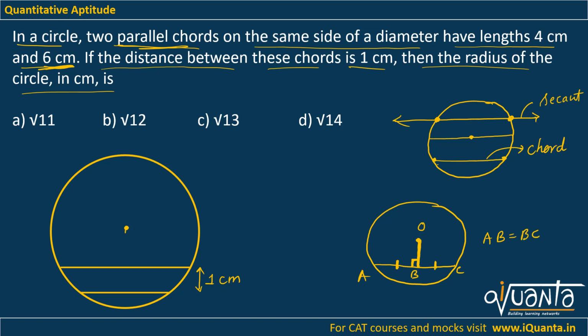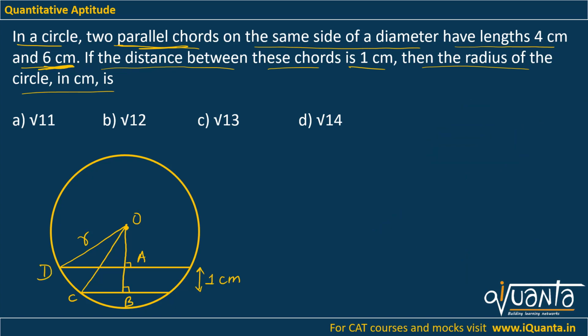So I can also draw one line from here perpendicular to both these chords. This will be 90 degrees. Now I need to find out the radius. So let me join the center and this point. This will be our radius R. Also if I join these 2 points, this will also be the radius. Let me take the center as O. Let me take this point as A, B, this will be C, this will be D. Now I have two right triangles over here. One of them is OAD, another is OBC. So these are the two right angle triangles that I have.